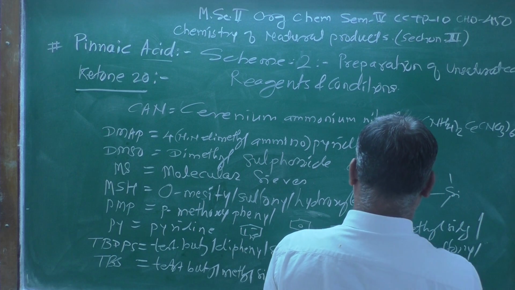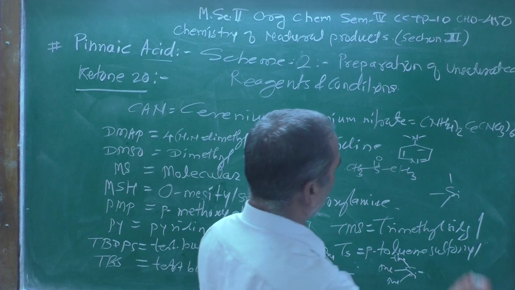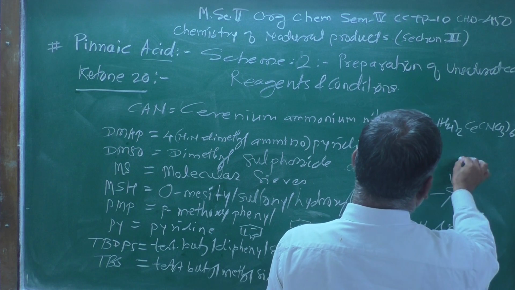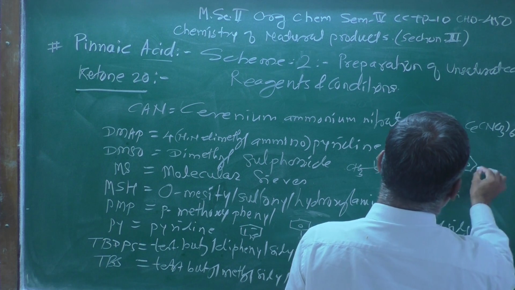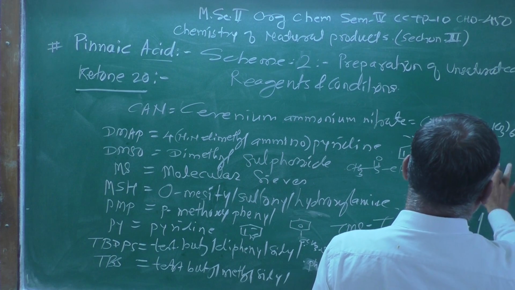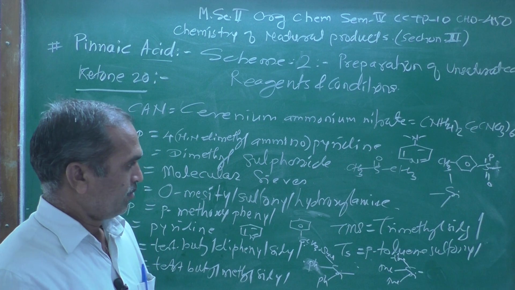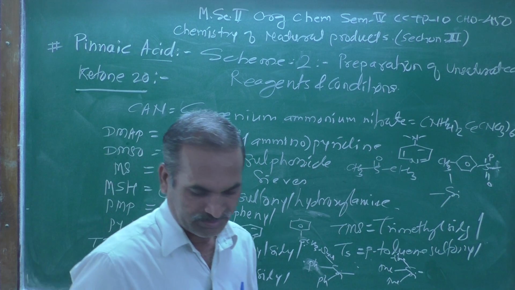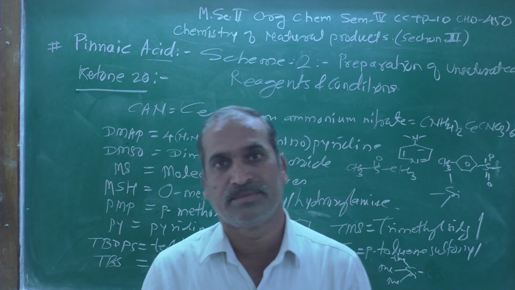TMS, trimethyl silyl, is Si with these groups. Ts, para-toluene sulfonyl, para-toluene, the structure will be this one, CH3, sulfonyl S double bond O, here like this, sulfonyl, those are the names. Okay. Then chiral